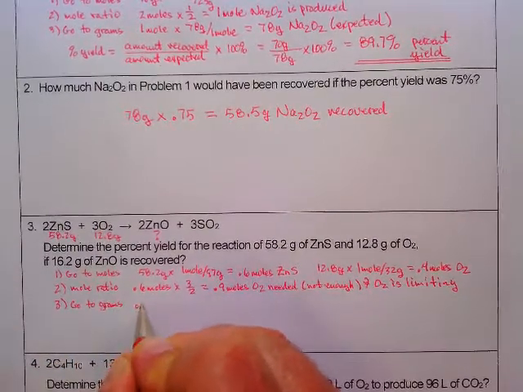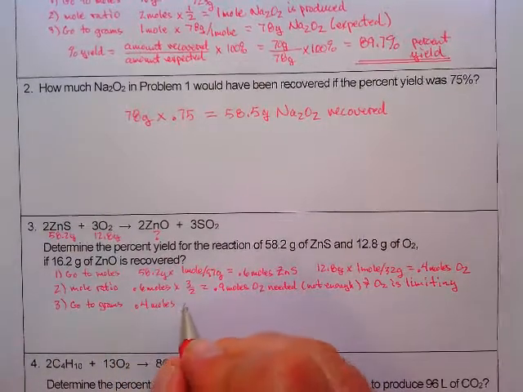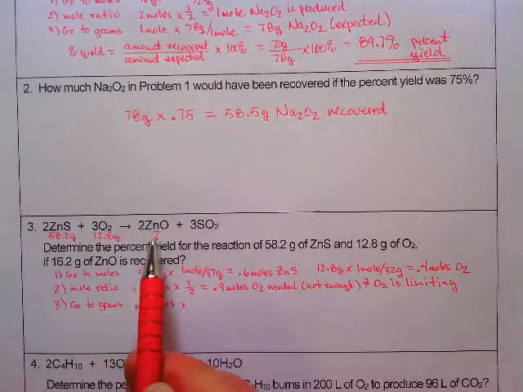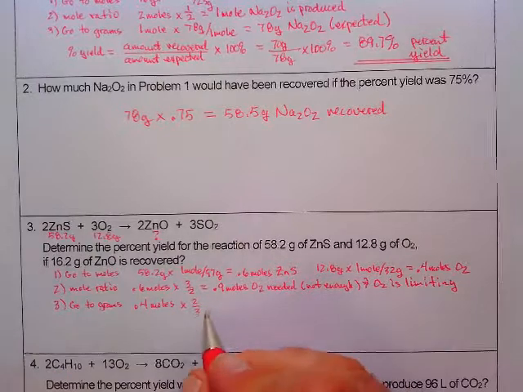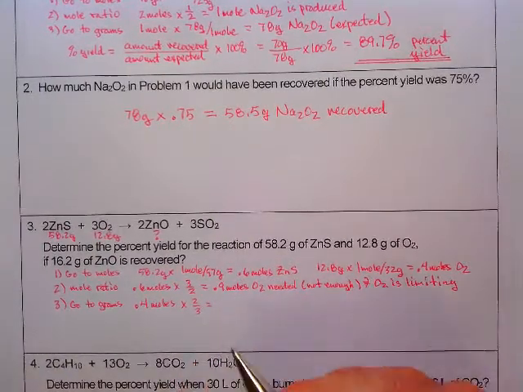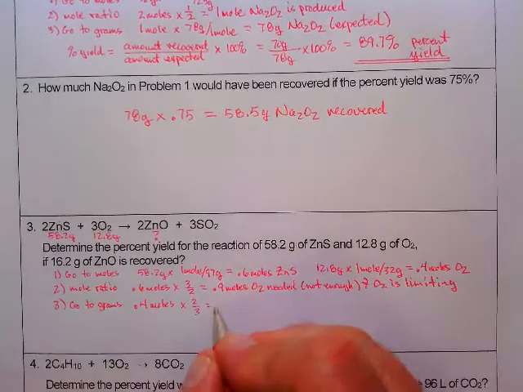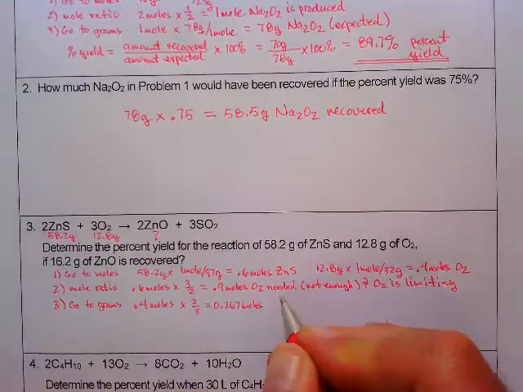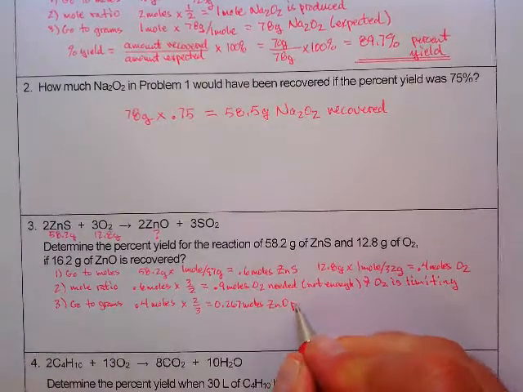So we're going to take the 0.4 moles of the O2 times, now the ratio here is 2 to 3, again question mark on top, so 2 to 3, which gives me 0.267 moles of zinc oxide produced,